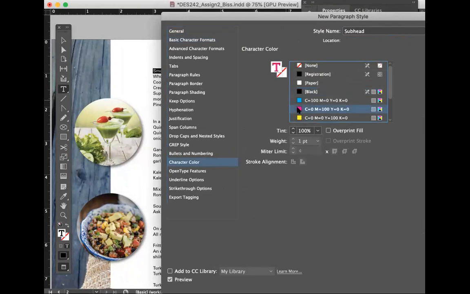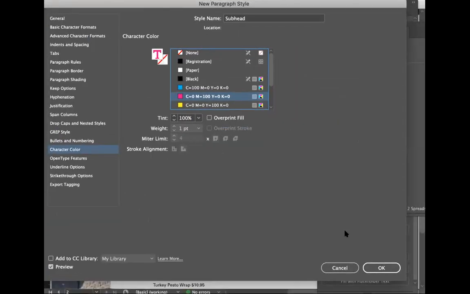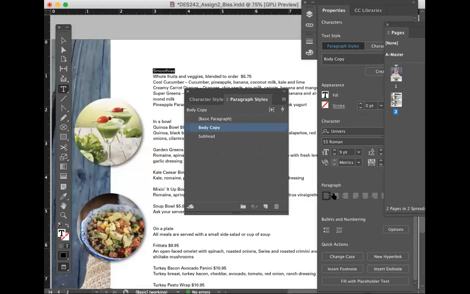On the very front of my menu, the flip-flops are pink. So we're going to go ahead and choose pink. If you don't see a color here, you can add colors by going to your swatch panel and adding it there before going in this way. You can also add to your CC library down here as well. But mine's already in there, so I just have to select it.